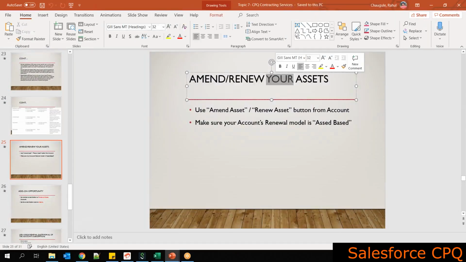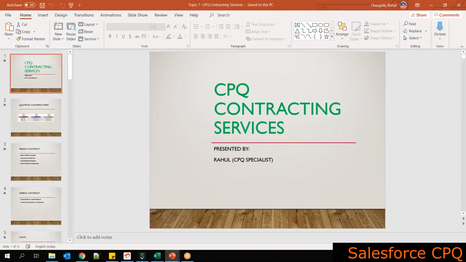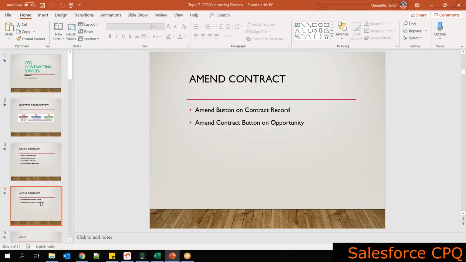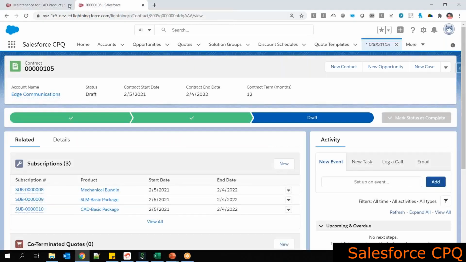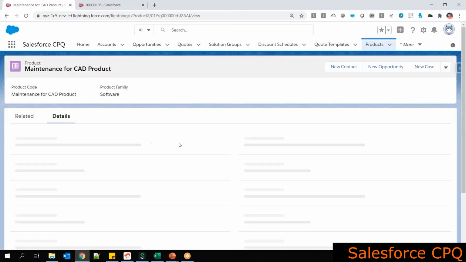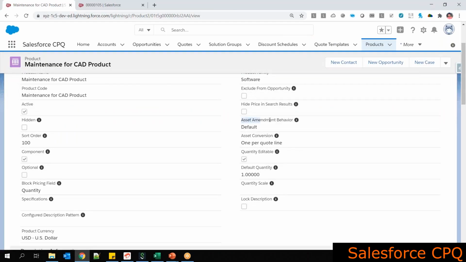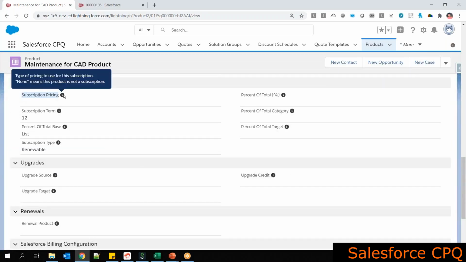Here, amend and renew your asset. We will be discussing how to amend, whether it is allowed, and how to renew that, and if it is restricted, how we can amend and renew our asset based business. All the amendment and renewal functionality we will be discussing here. So bear with me. If I discuss it today itself, you will be completely confused. What I am trying to explain today is to focus on the products fields and how they will change. I explained asset amendment behavior, asset conversion, and subscription pricing. Keep these three fields in mind, but from the amendment side,